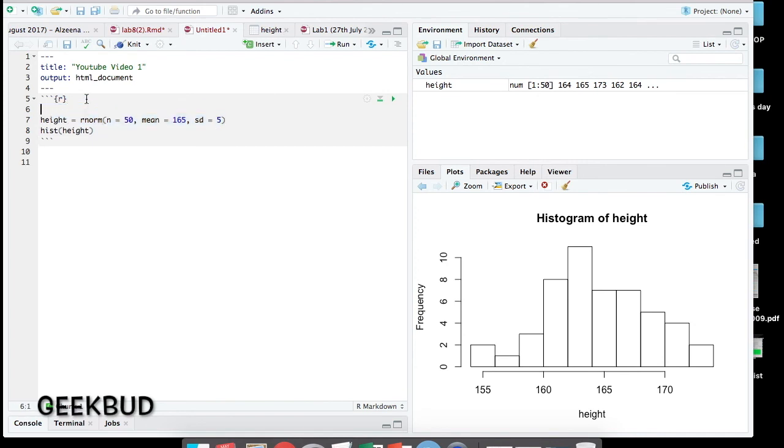To solve this issue, we use the code set.seed. What set.seed means is that you're telling R, "Hey R, every time I run this code, I want you to give me the same 50 numbers." So it's not going to give you different numbers each time you run it. Let's go set seed equals 1. If we enter this into R now,